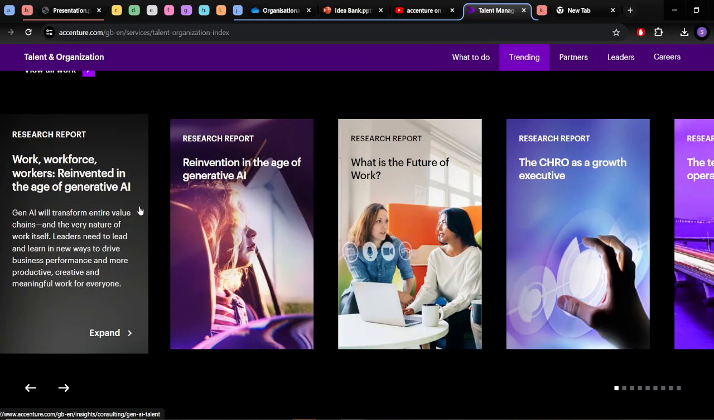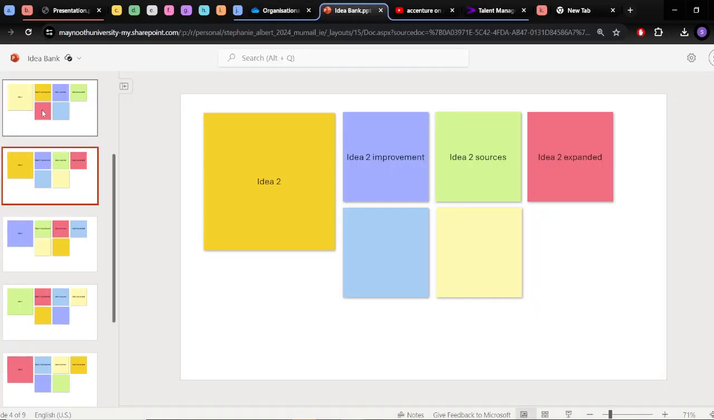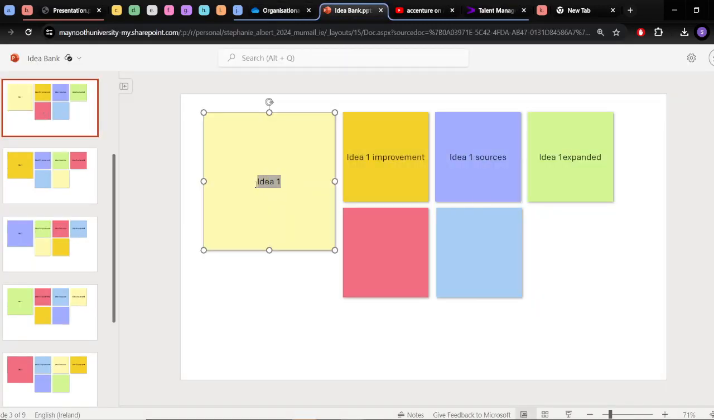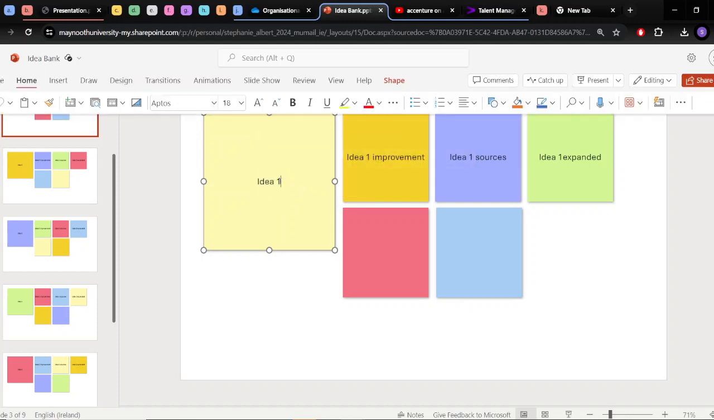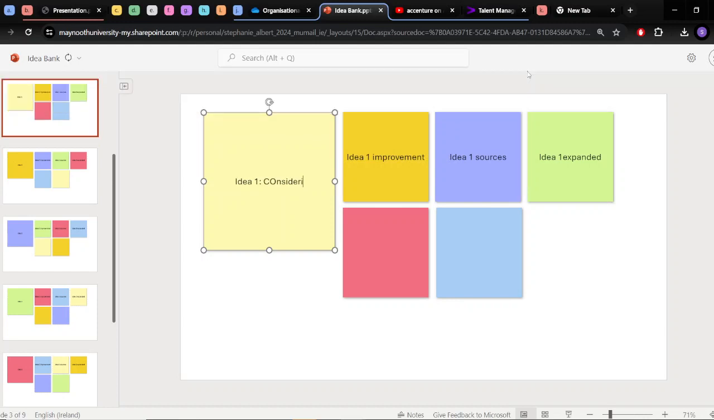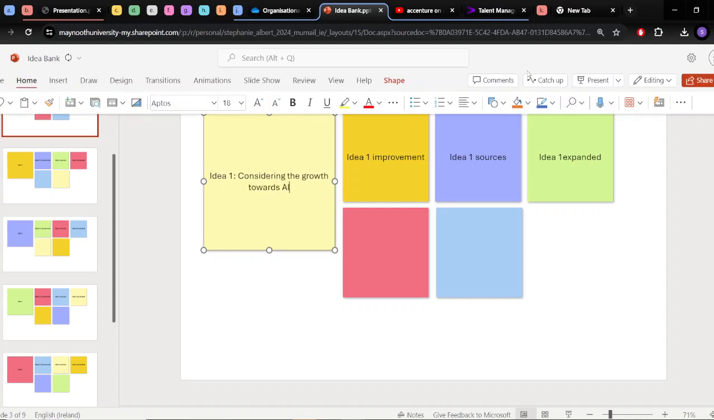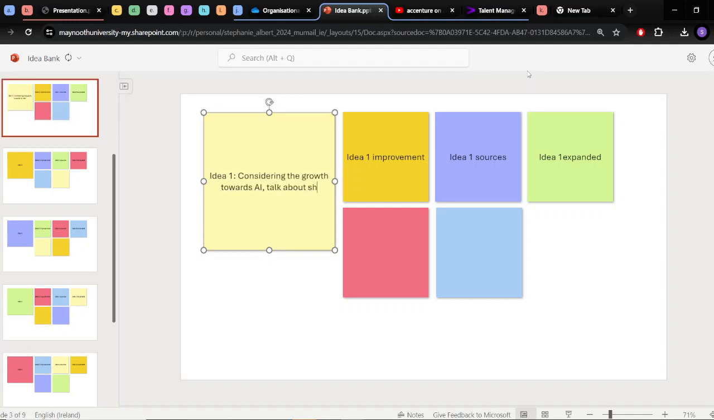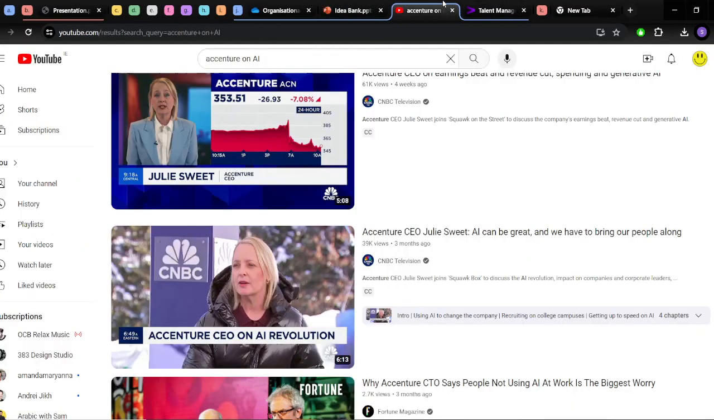was to talk about leading, making it a nice place to work, considering the fact that they want to go into AI. So I might go into the idea bank and say maybe I'll leave the idea in there and say something like, considering the growth towards AI, talk about shaping a company to suit employees who work well in AI, right? And then I might take that video